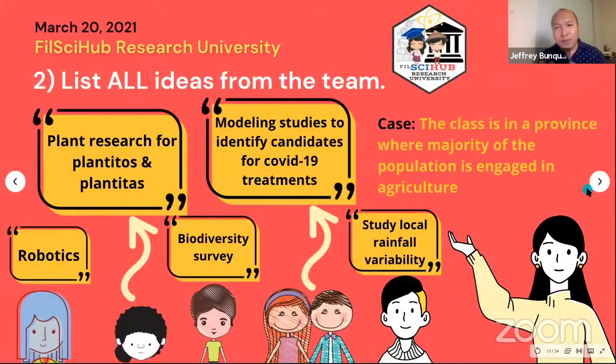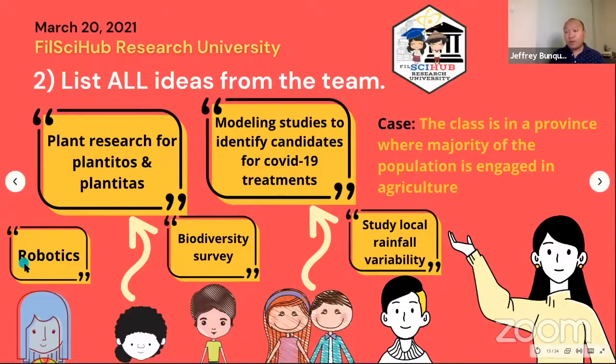Okay, so for example po, sa scenario na to, ang klase po ay is in a province where majority of the population is engaged in agriculture. So ito po, I'm just qualifying the situation po kasi makikita nyo kung paano ba natin i-rank yung ideas. And when the teacher solicited for ideas, so say like on the second and third meeting, this is the collection of ideas that the students actually came up with.